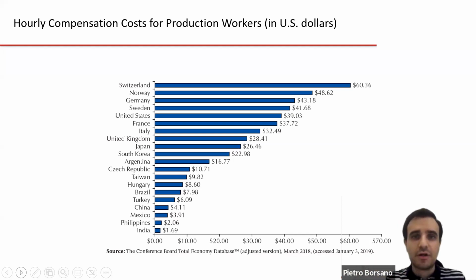Labor cost in emerging economies is going up progressively. For example, China is moving up rapidly in labor cost, most likely in a short period of time. Many companies decided to base their manufacturing in China due to the cost arbitrage, the fact that the production cost was lower than